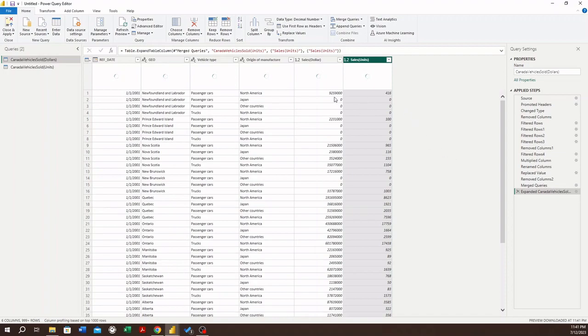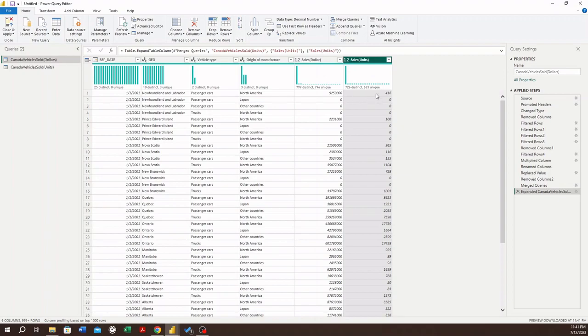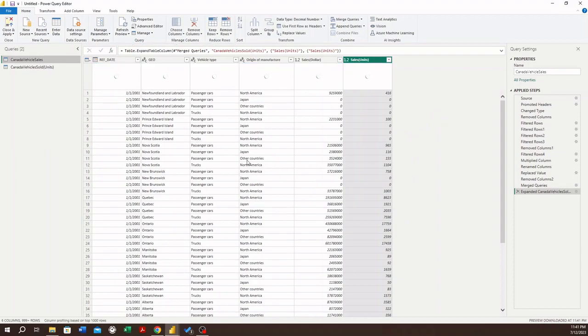So now you can see that the corresponding sales units are imported into this table. It doesn't make sense to name this as dollars, so I'm just going to name it as vehicle Canada, vehicle sales. So I have renamed it, and now we are ready to